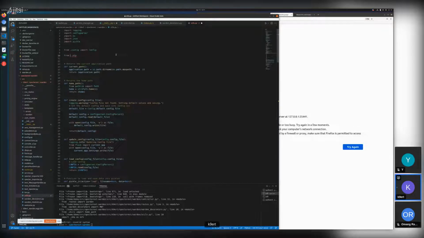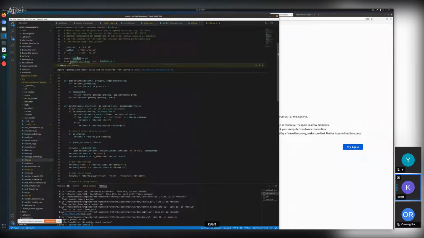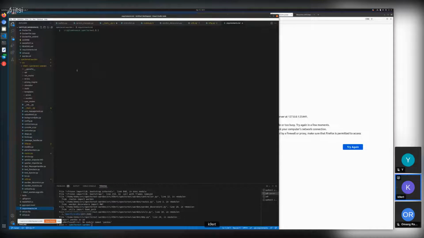Usually do it there like this. It works. This is interesting, right? So we need pandas. Pandas is a library which is not yet in the virtual environment. And so what we need to do is,